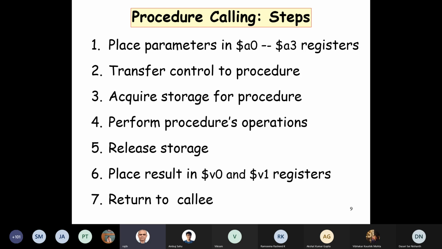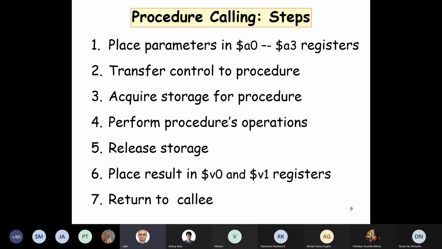And whatever we had pushed onto the stack, because the saved register we should not disturb, otherwise the calling procedure will get affected, we must restore back all those registers we had acquired. And then the return values are placed in these two registers, V0, V1. So you can have two return values, V0 and V1.